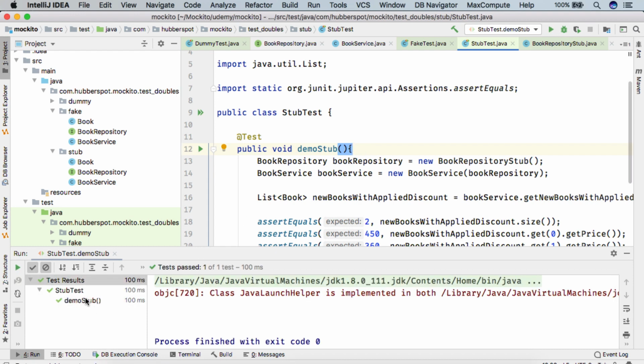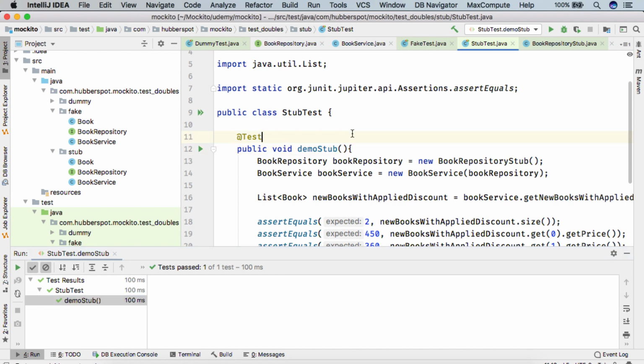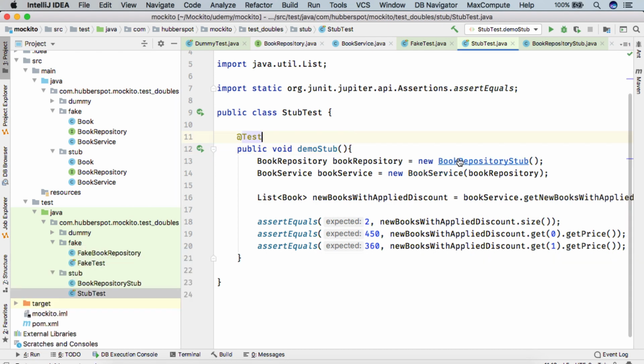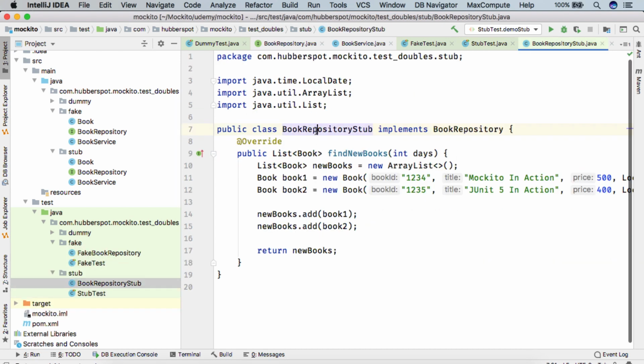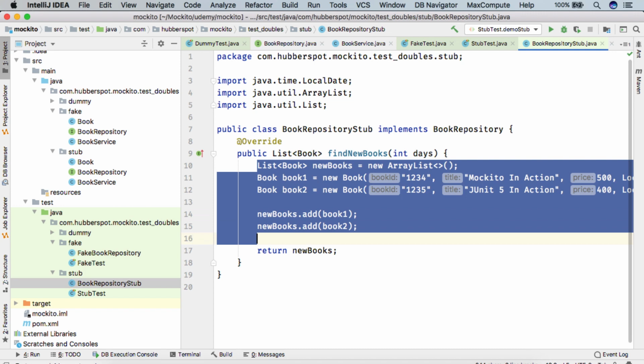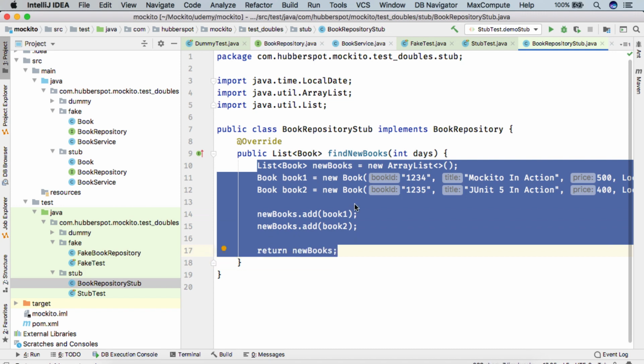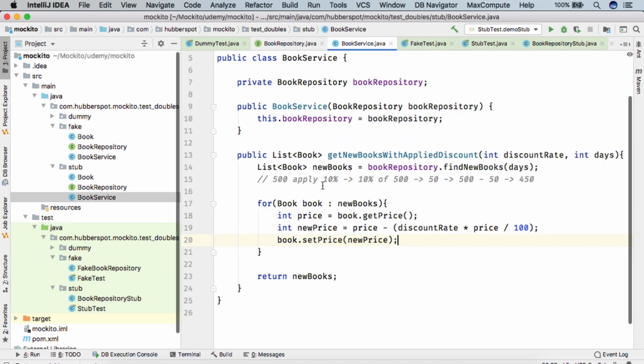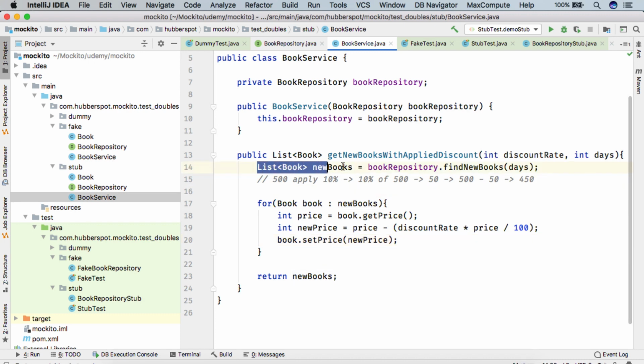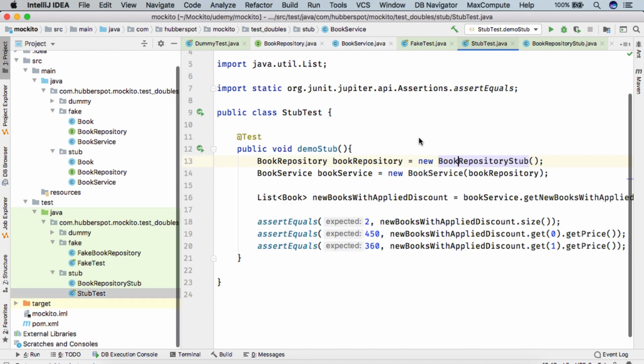so here you can see the test case got executed successfully, and here you saw the significance of doing this stub. Instead of going to the actual database, we simply created our own hard-coded data and we simply returned it to the book service here. So irrespective of the number of books returned from the stub, our actual logic is here, which we tested and found that it worked correctly.